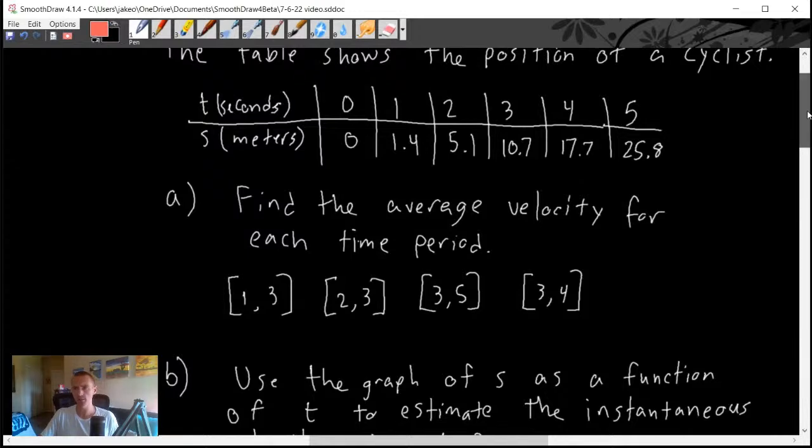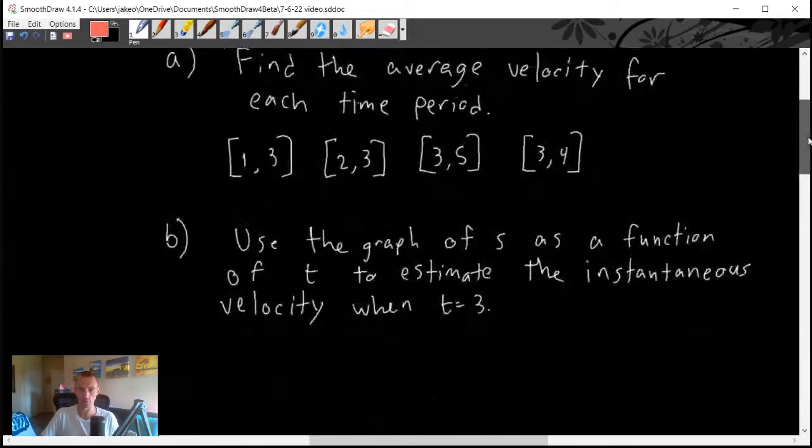So just like the last example, we're going to use the average velocity formula, which again is on my free